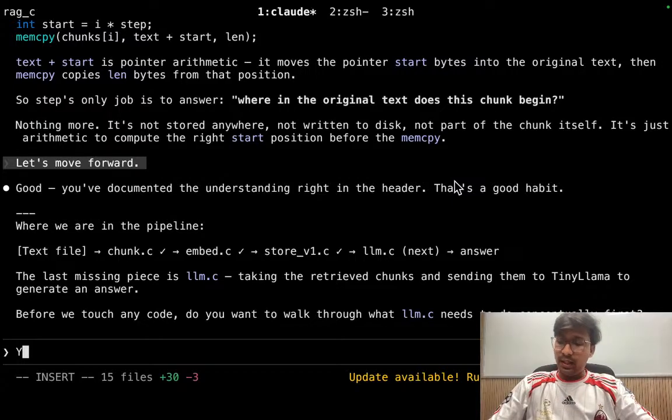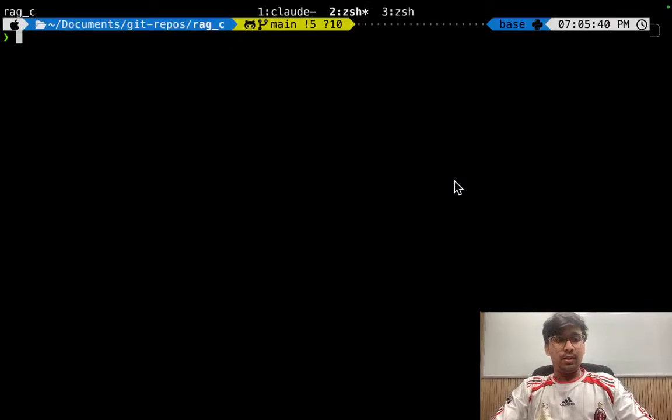We're saving it into a binary file of embeddings using store v1.c, and then c will have all of these things and it'll generate an answer, right? So if you see